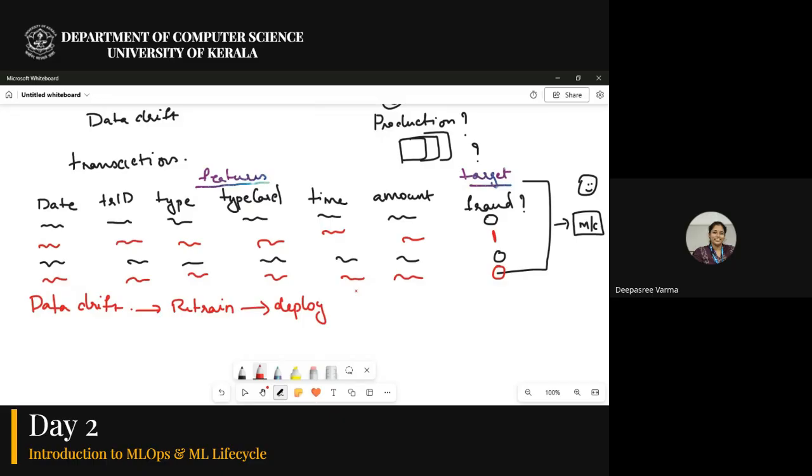Otherwise, after some time, our model deteriorates, it degrades, and it doesn't give a good result, and my customer will not be happy, right? So in that case, when data drift occurs, I need to add new data, and I need to retrain the model again so that people will be using it and they will be getting better results, right? So how was weather prediction done earlier?